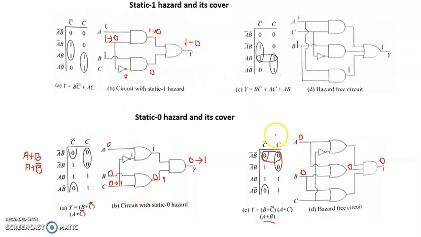So this is about the static 1 and static 0 hazard. About the dynamic hazard: whenever there is a change in the input, we are expecting a change in the output as well, from any level, say 0 to 1. But it will not settle in one shot. There will be toggling between the states and then it will settle back. That is called a dynamic hazard. You can refer to the textbook to learn problems on the dynamic hazard.